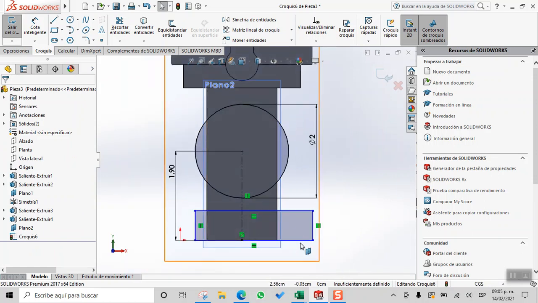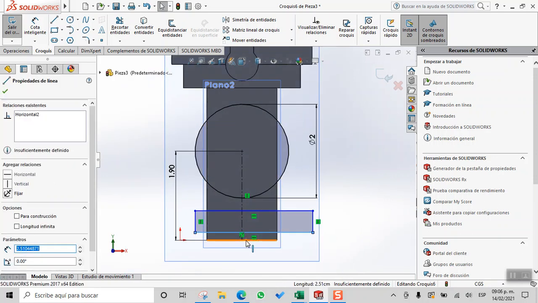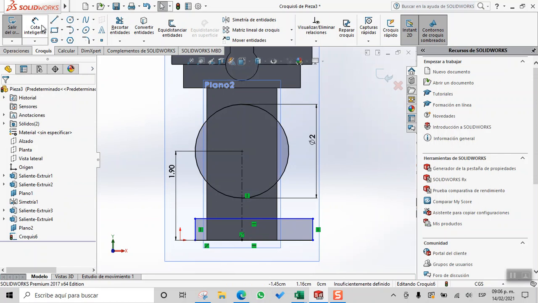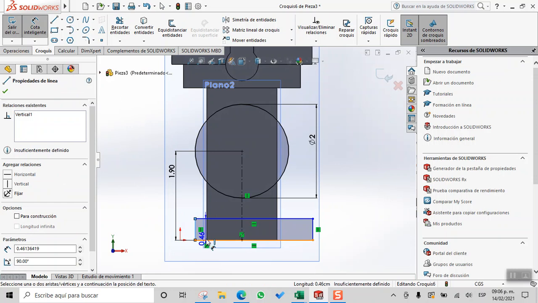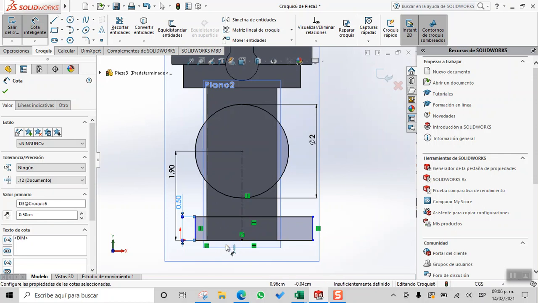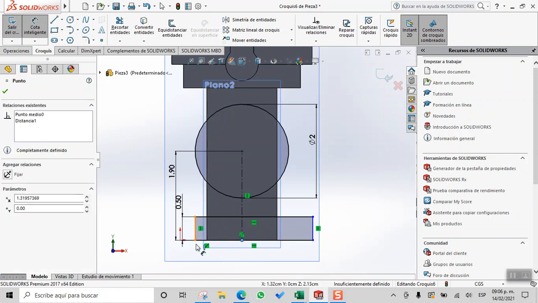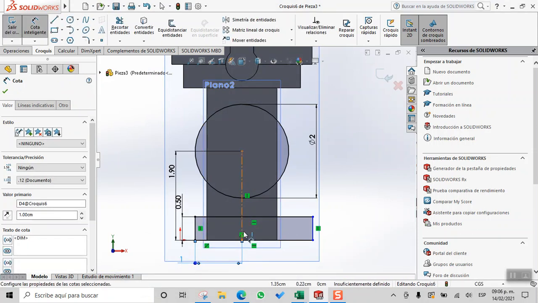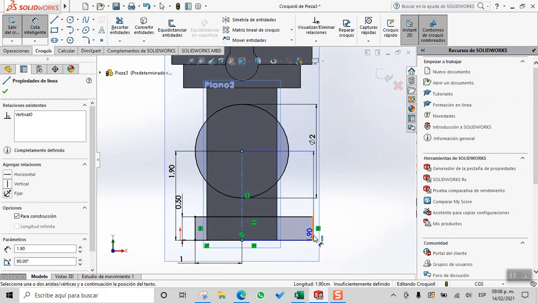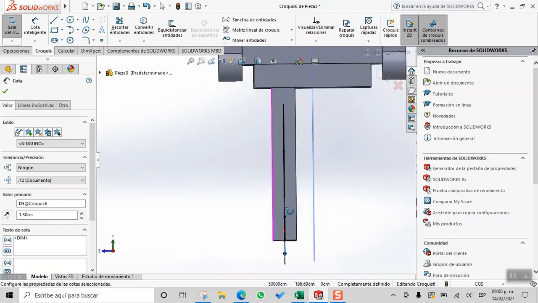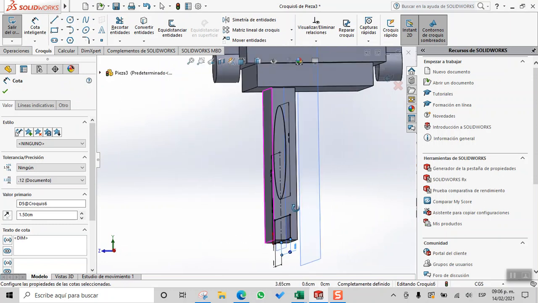So let's start adding the references. We want this line to be collinear with this line. We are going to define the height. And we are going to define the distance from this point. 1, I guess it's fine. And the distance from this point to this line. 1.5. Okay, so now we have a sketch that is exactly in the middle of the leg, and we want